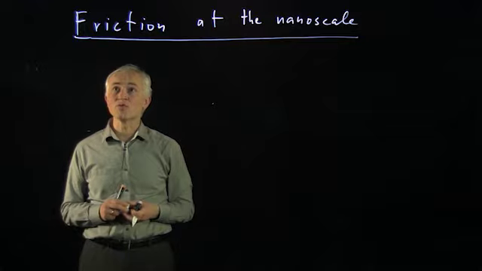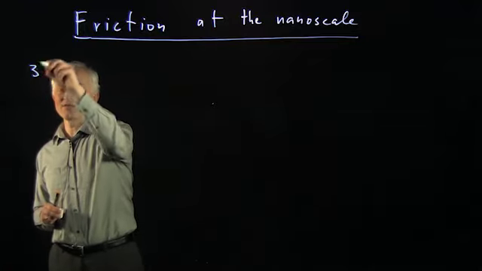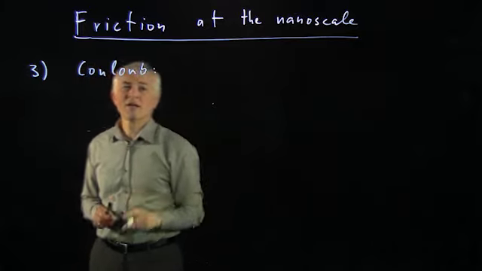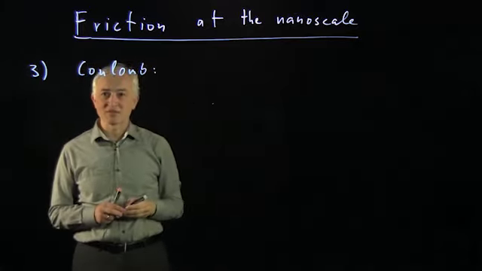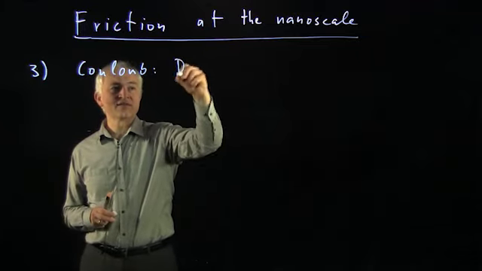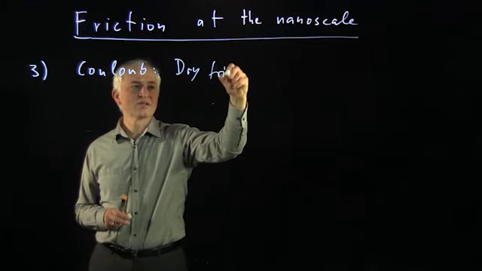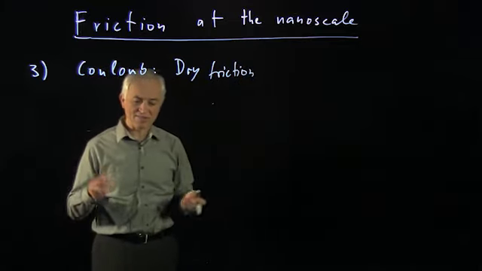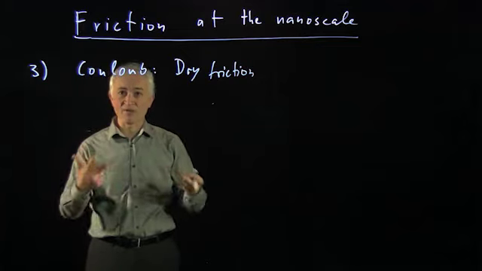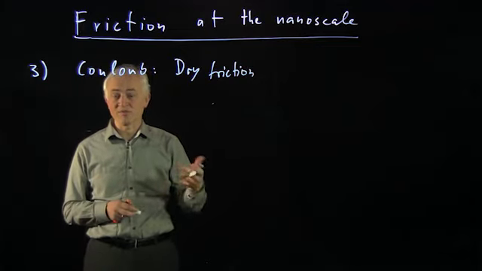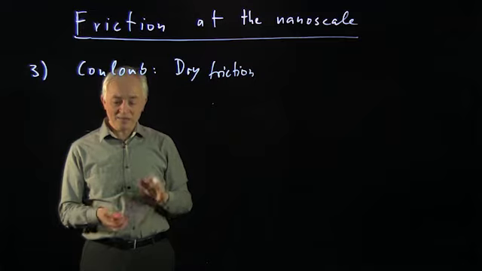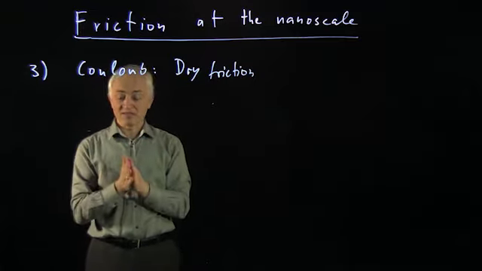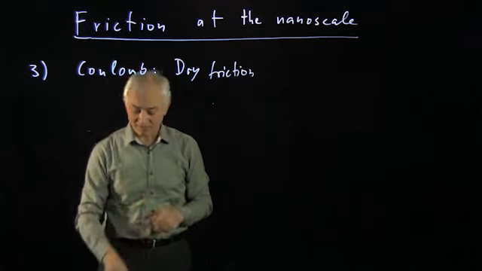We have already described two of the laws of macroscopic friction. There's a third law that was actually discovered by Coulomb. And again, this is a little bit a surprising result, namely that for this kind of friction, the dry friction, it is independent of the velocity of the object. So this is, for instance, something that is not true for air resistance. If you drive a car, the faster you go, the more friction there is, the more air resistance there is. But if you have two surfaces sliding on top of each other, then Coulomb found that the friction force is independent of velocity.